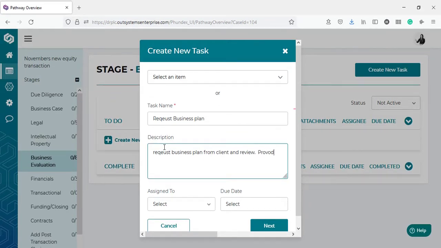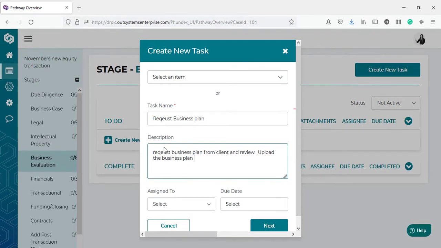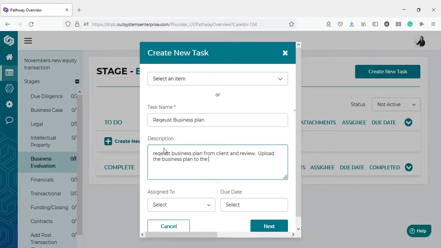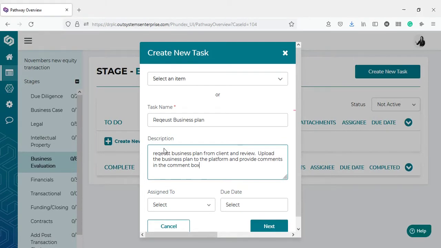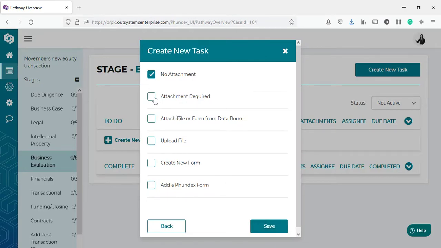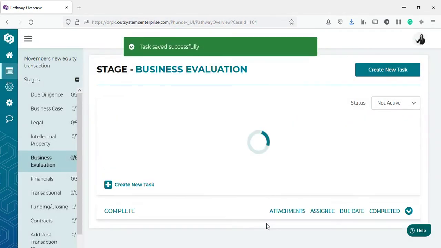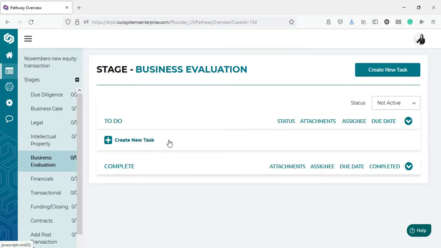Provide, upload business plan to the platform and provide comments in the comment box. So in Next, we're going to ask them to include attachment, and we're going to save. When we go into that task, we can see